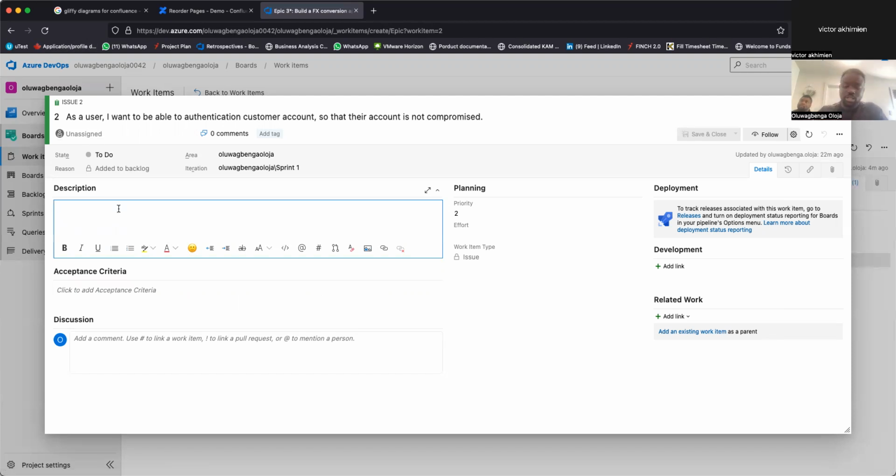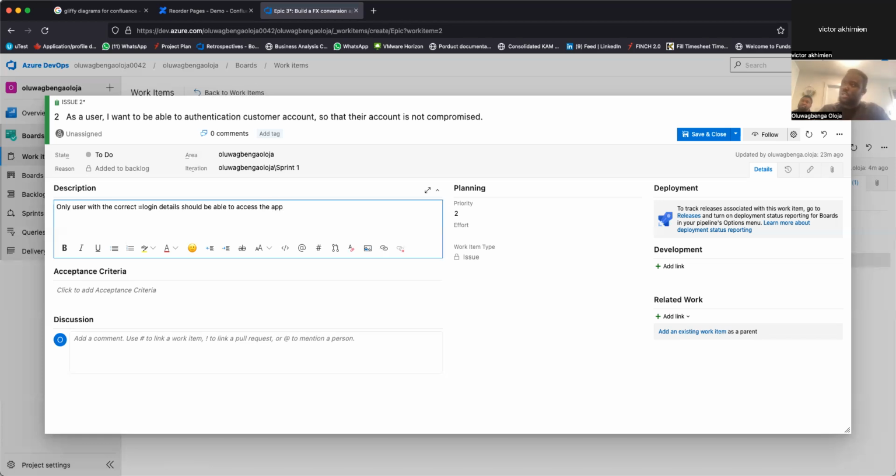So here we can say only user with the correct login details should be able to access the app.